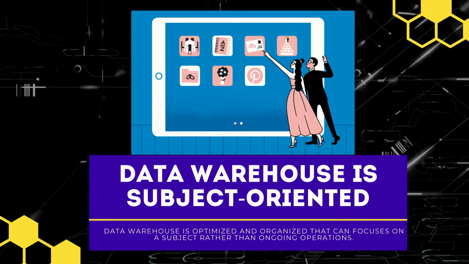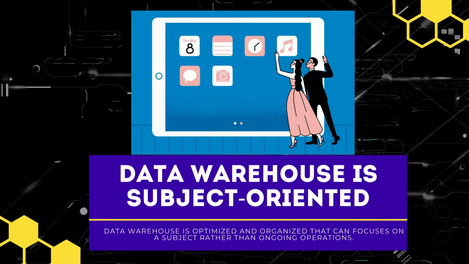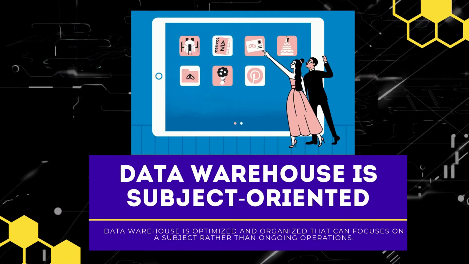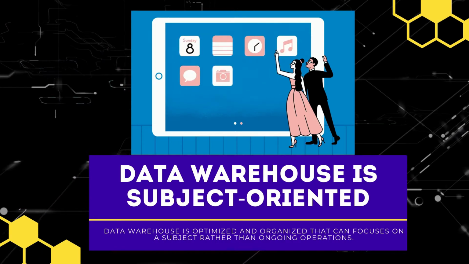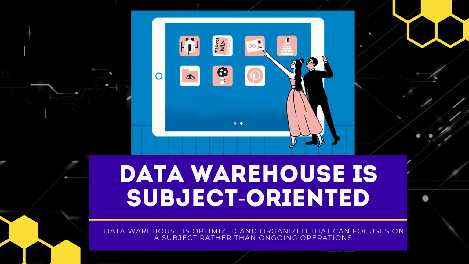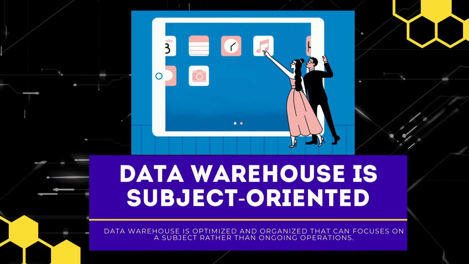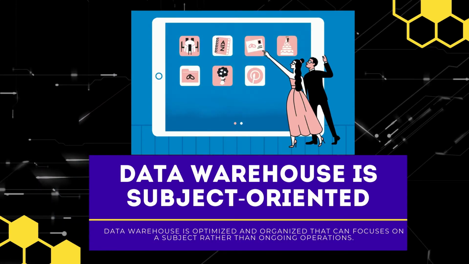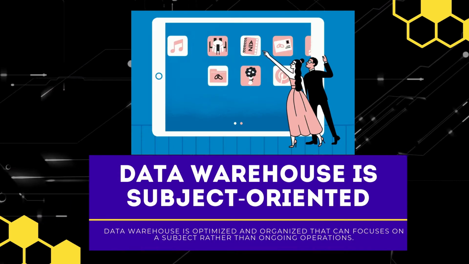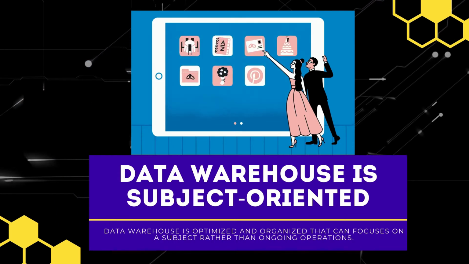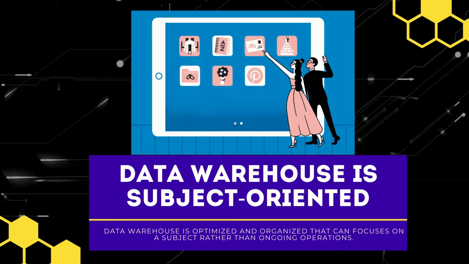Second, a data warehouse is subject-oriented, meaning a data warehouse is arranged and optimized to answer subjective questions coming from diverse functional areas within a company. Data are organized and summarized by topic. In short, it focuses on a subject rather than ongoing operations. For example, a subject can be specific topics in the business area of an organization, which can be sales, marketing, or any business area usually specific to the organization.